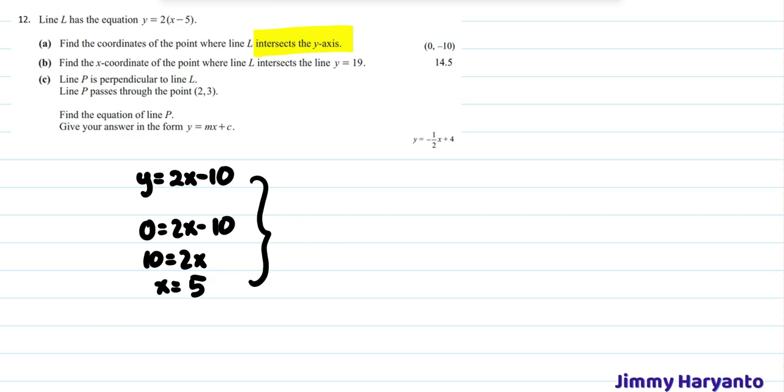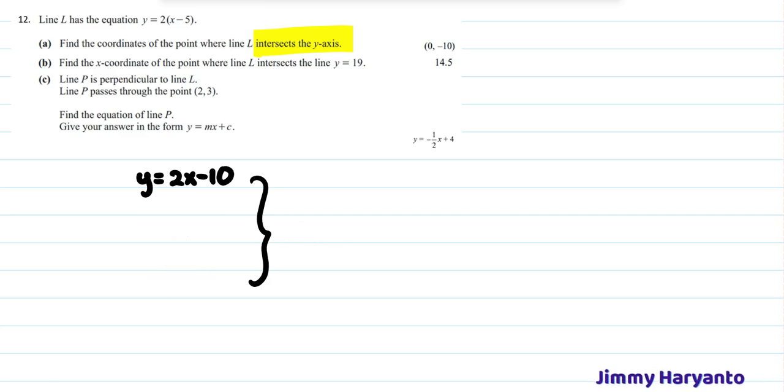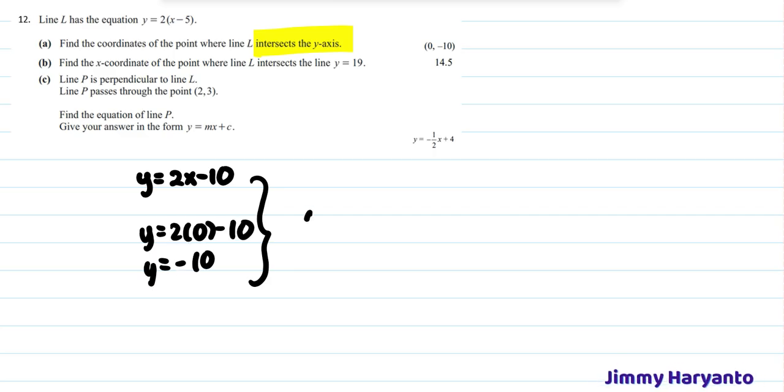Wait. The y-axis, yeah, x equals 0, guys. So 2 times 0 minus 10, y equals negative 10. So the coordinate is (0, -10). That is for A. And then for B,